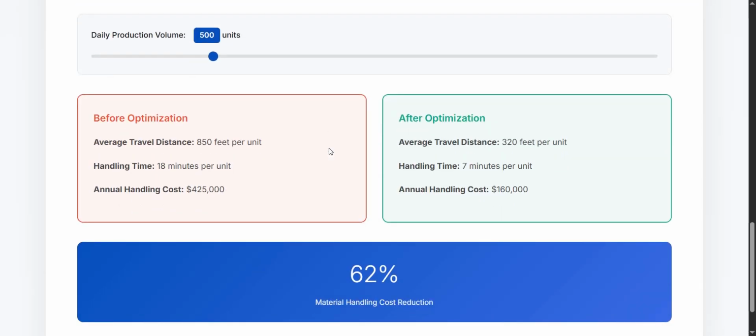Alright, you can see an example comparison and we have a slider. So what's happening here? Before optimization, the average travel distance was,